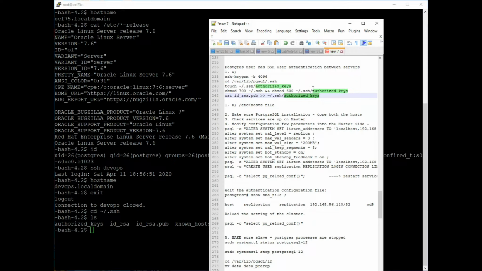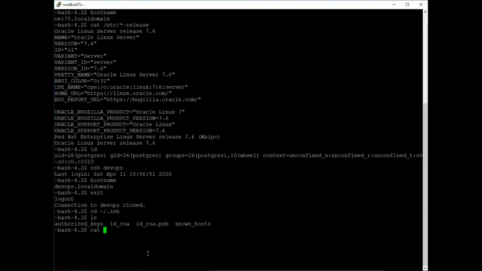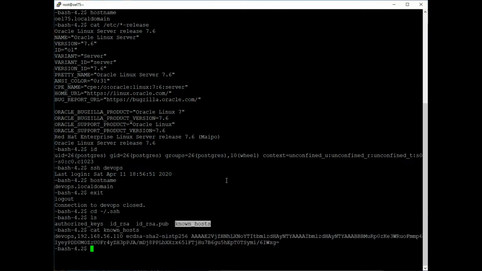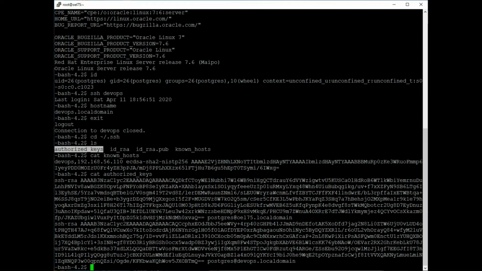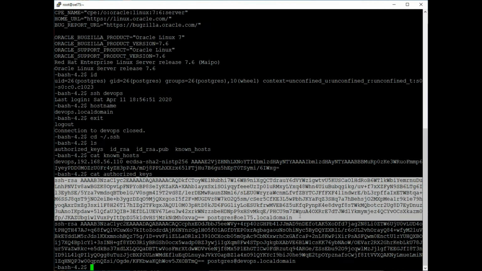Now if I cat the authorized keys, you will see that it has the OEL75 public key for the Postgres user here, and the second one is DevOps. Now if I go to the other side, the slave host,